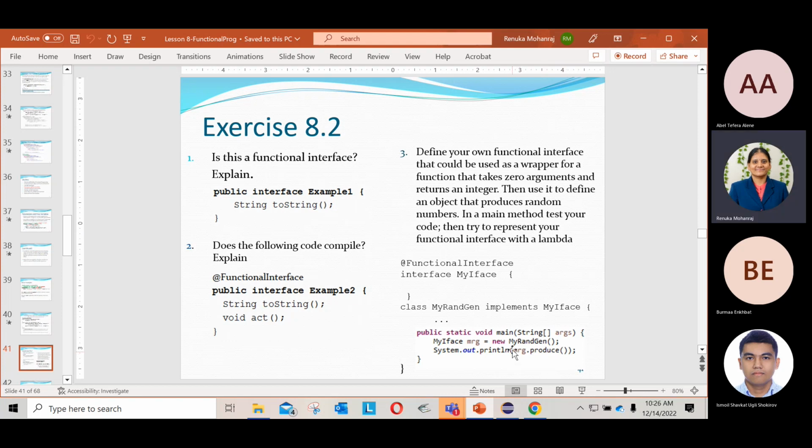So inside the interface, the method name, you can use produce. The unimplemented method can have the name produce. So here is your test class. You're creating an object and you can call that method. Okay. So this is the regular implementation. You don't have to do that. You can do a Lambda implementation. That's fine.